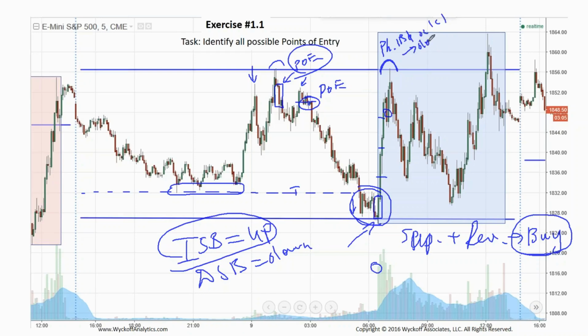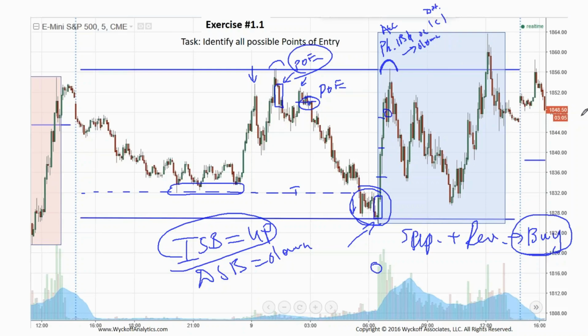Yeah, the down bias, because if we are in accumulation in B, or let's say distribution in C, in both cases we're going to see some kind of movement to the downside. So we can actually open a position to the downside on the reversal after